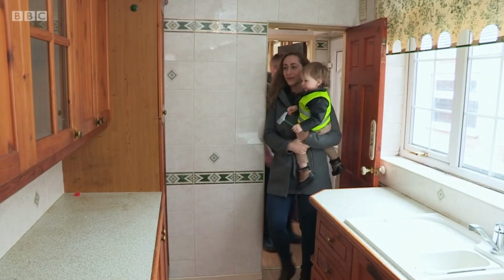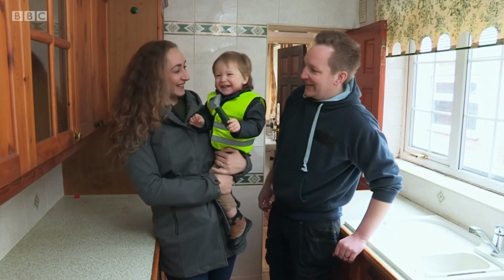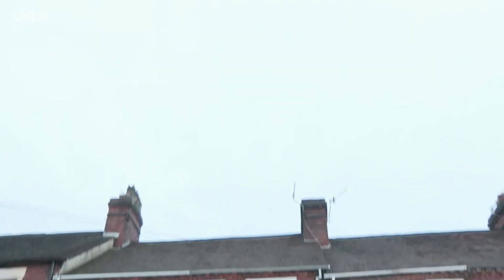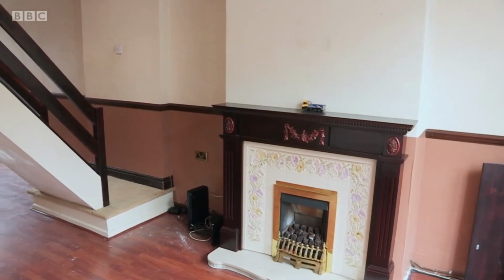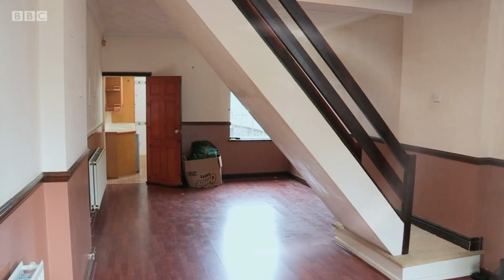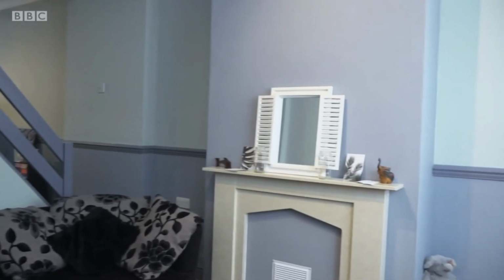And you know what? They weren't kidding. He's more like Thor with that hammer than Apollo. But with his assistance, they hope to have this house modernised and ready to rent in 4 to 6 weeks' time. 6 months later...